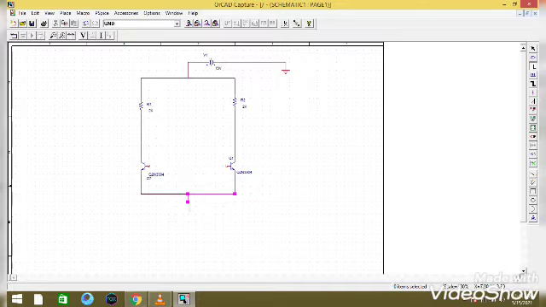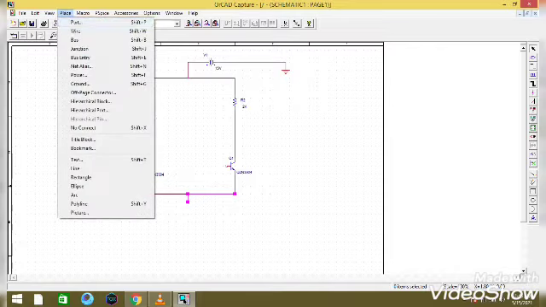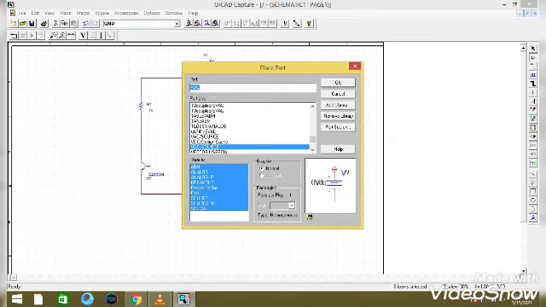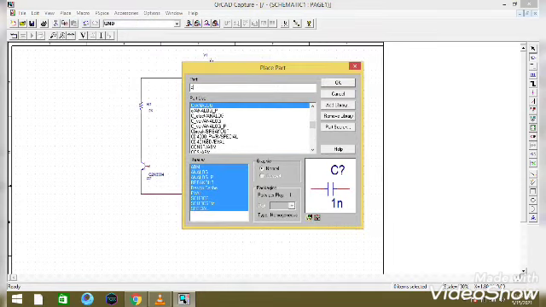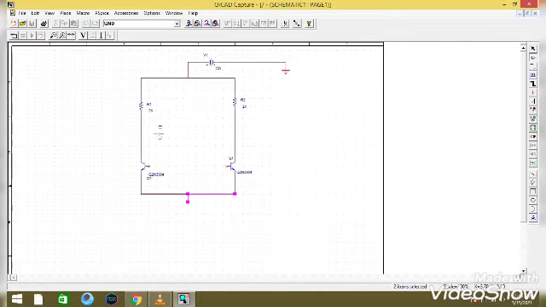Right click and end wire. Now I'm going to place part and take a capacitor, type C, double clicking and placing it on one side, and I need another capacitor on the other side, so I am placing it. Right clicking, end mode.